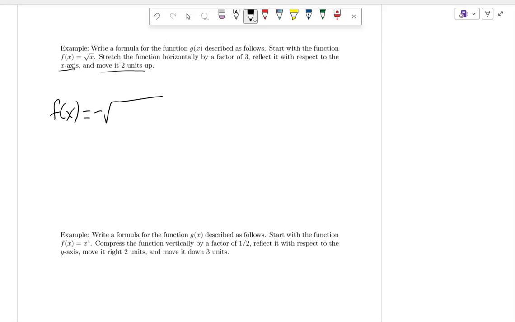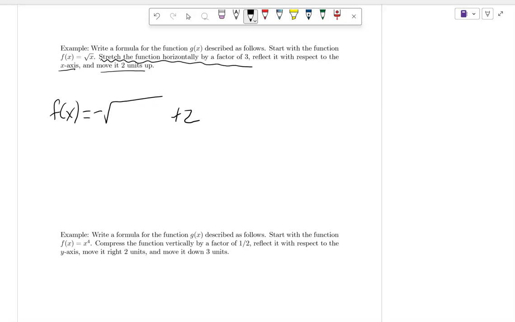Move it 2 units up. How should we represent moving 2 units up? A +2 on the outside, right? Good. Because that's a vertical one, right? Okay. So far, so good? The only other thing that we haven't talked about yet is that